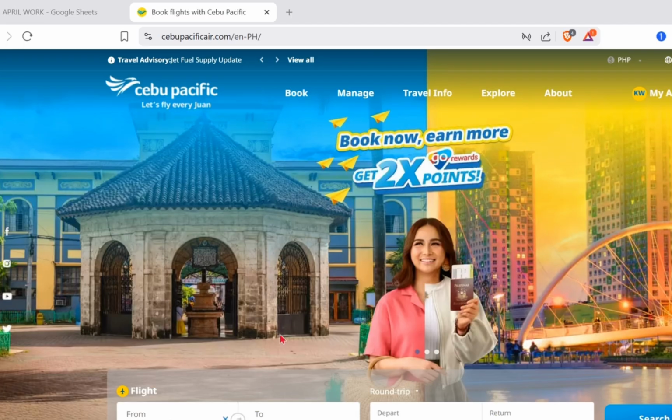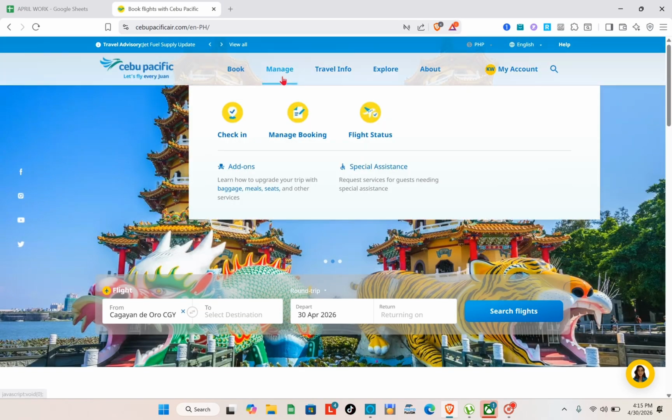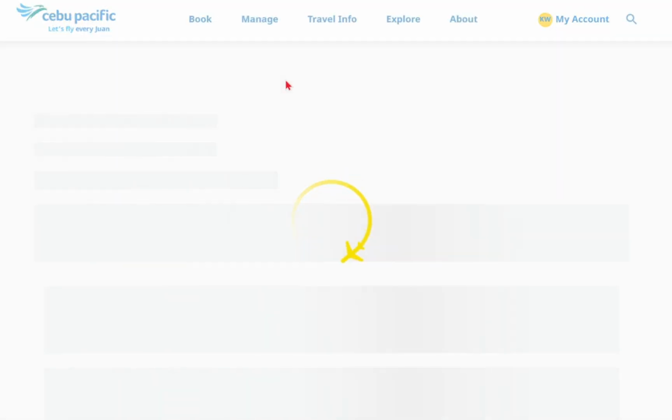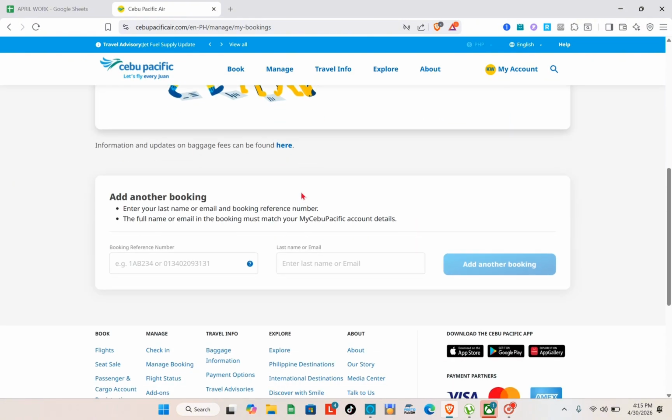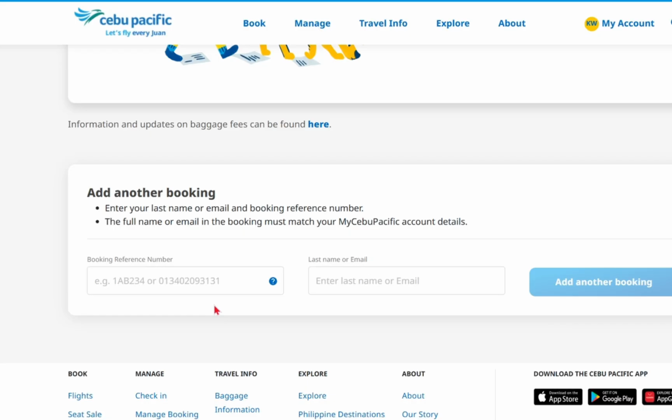Then you just have to log into your account. Or you can easily tap on the manage booking option at the top. That's right, and then tap on the manage booking. Okay, this is where you can update your flight details after booking. So here, you just have to enter your booking reference number and the last name you used when booking